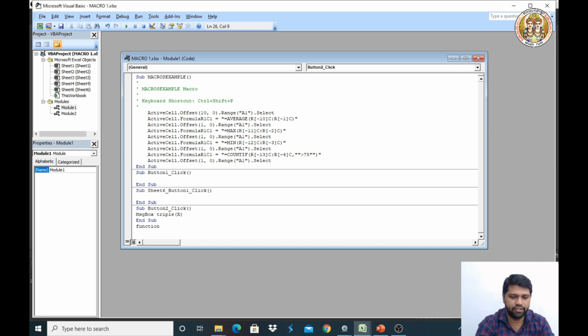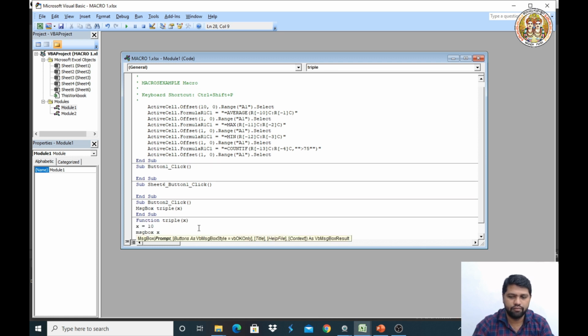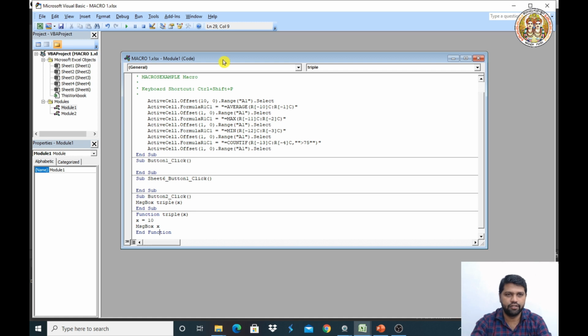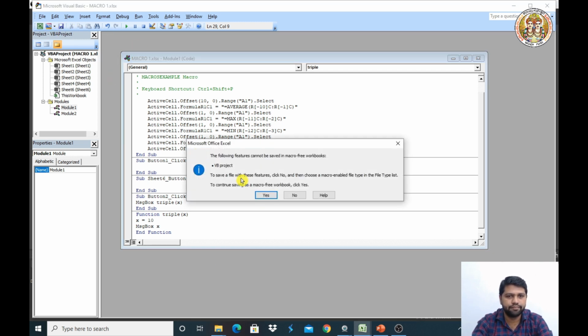So what is the name of the function? Triple. Now this is the end function. Now we can save it.